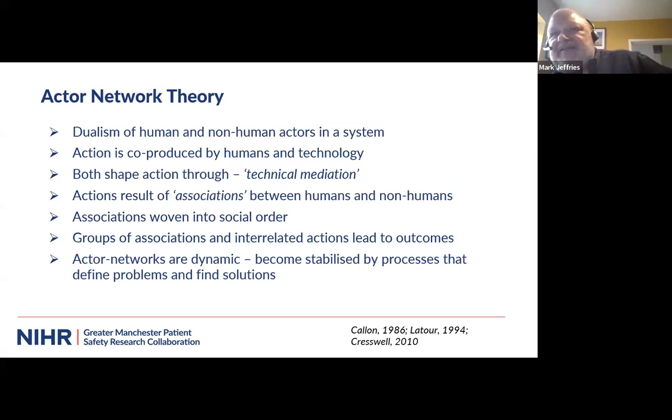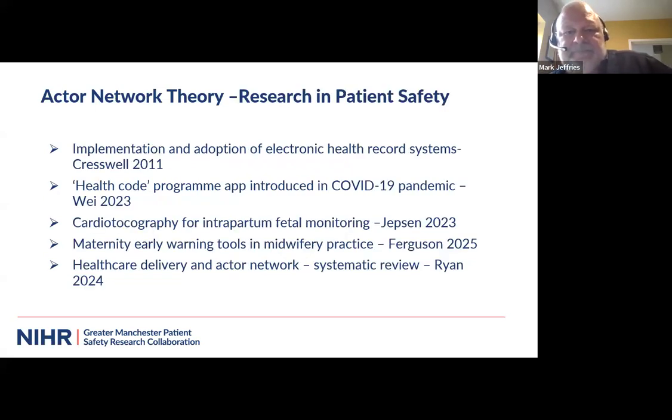Actor network theory is built upon a background that objects have agency, and that's one of the difficulties within it. But there's some interesting research that's been done around actor network theory. If we can move to the next slide, please. There are a few bits and pieces here that are worth having a look at. But one of these papers that I did want to just very briefly touch on is